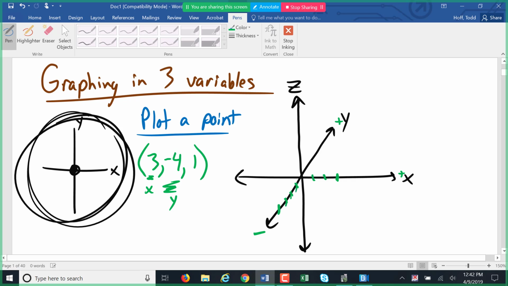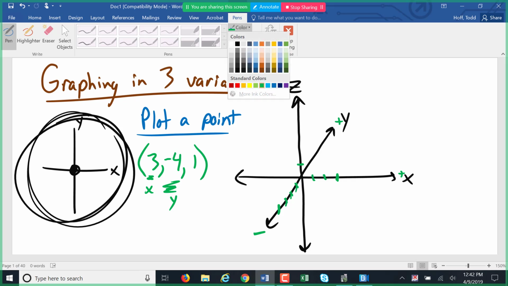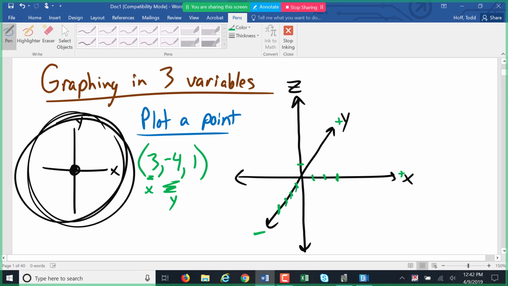So that's where it's going to be on the y-axis. And z equals 1, so positive 1 is up there. What I would have to do to plot this point is to basically draw boxes or rectangles, parallelograms, however you want to look at it, between every pair of axes. So between the z and the x-axis, that's probably the easiest one because it's just a square or a rectangle. Between the x and the y-axis,